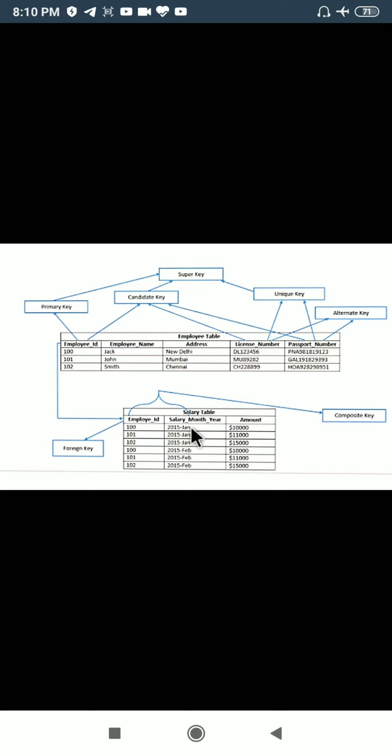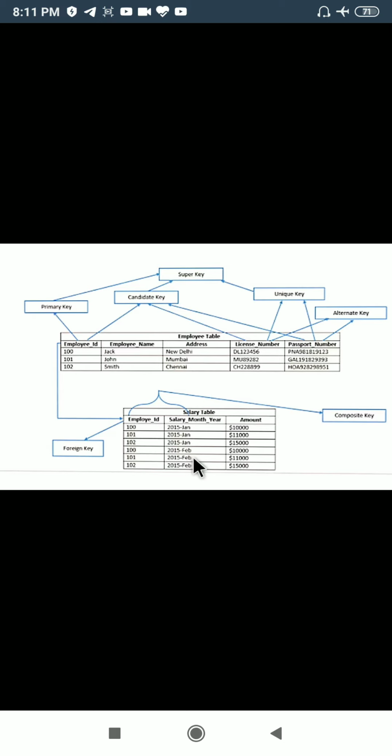So we will use these two in combination, means two fields we will combine together to make a primary key. So wherever in a table we find no single column is qualifying to be a primary key, there we will combine two or more columns together to make a primary key.